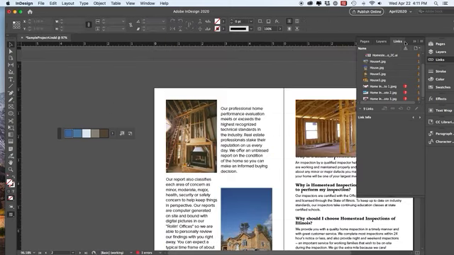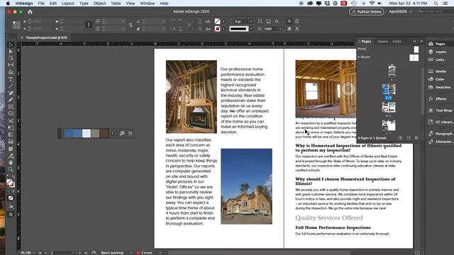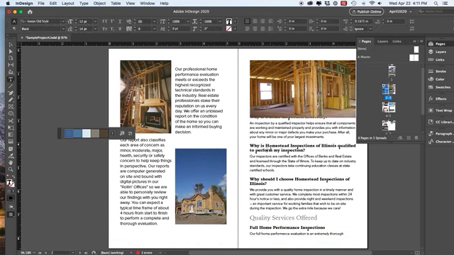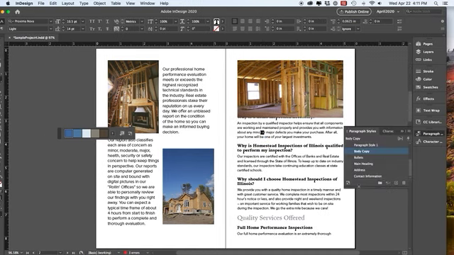All right, so now I want to go and talk a little bit about style sheets. So hopefully you've worked on style sheets now and you understand how to add and how to make sure everything is properly aligned and applied to a style sheet. So typically, as always, we're using our paragraph styles. We're not using character styles much at all. And there is a nice feature here in your paragraph styles. If you click on this style override highlighter, it will let you know if your style sheet has been set